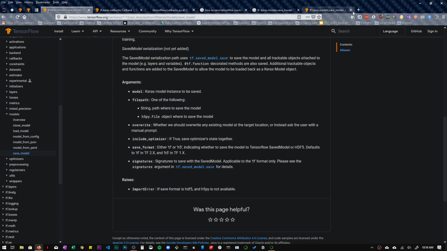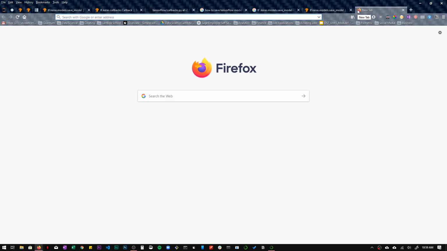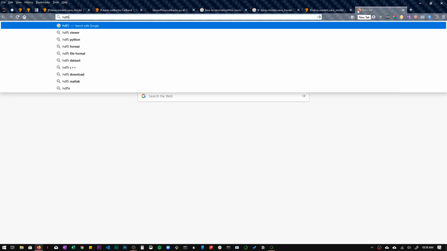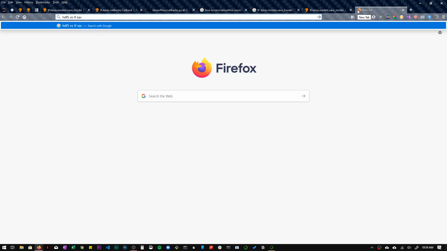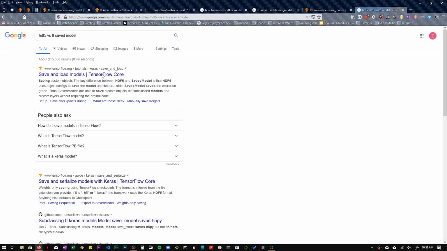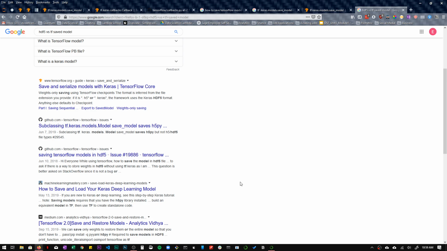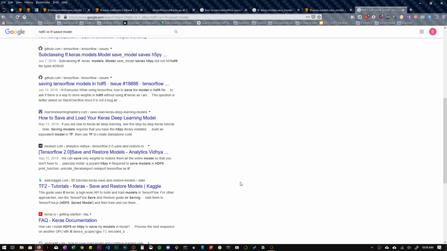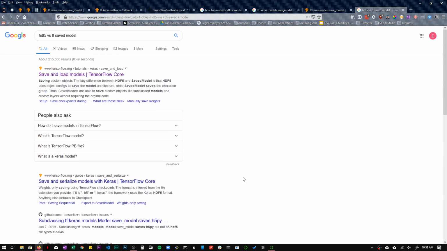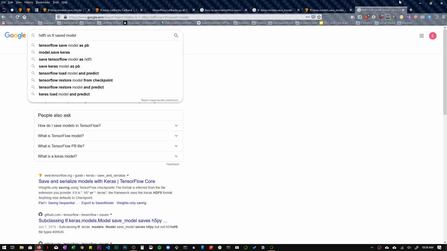So what is the difference between HDF5 and TensorFlow SavedModel? Okay, so there's nothing here really telling us the difference between the different file formats.